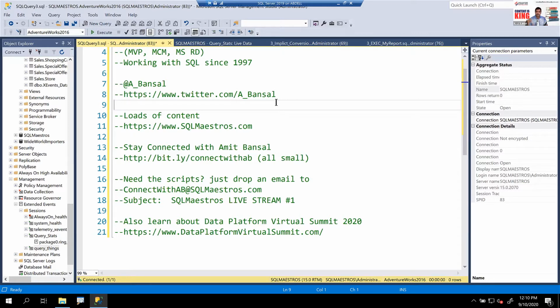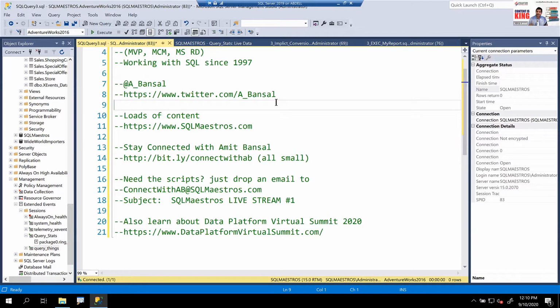I am assuming that many of you know what this implicit conversion problem is. If you're converting from one data type to another, and you do that explicitly, it is all good. But if you leave that conversion to SQL Server, it might take a bit of time to decide what the source data type is and what the target data type is, and it may take some extra milliseconds, and that is where your tuning opportunity is.